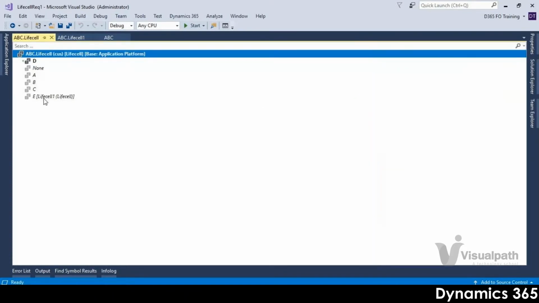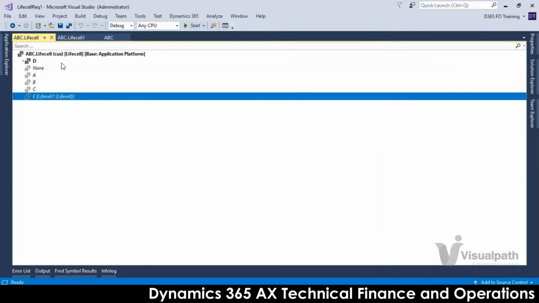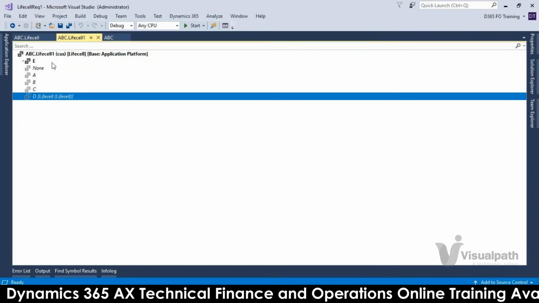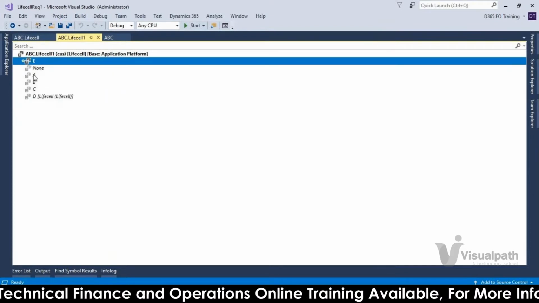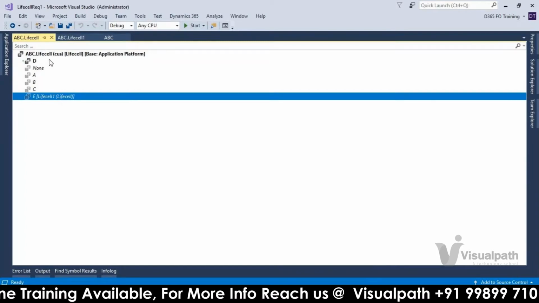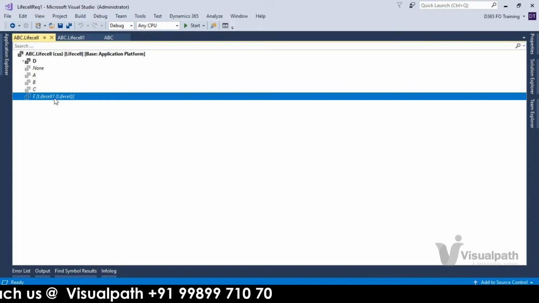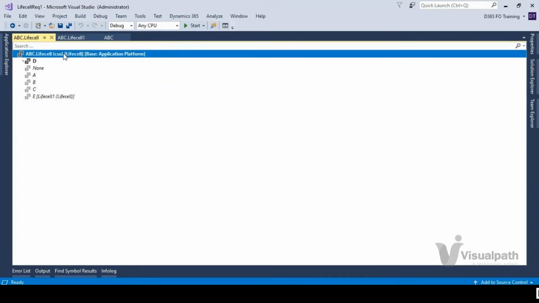So it is showing E under life cell 1. You have observed this one: D is showing life cell, and E is showing as normal. And if you go to life cell, it is showing the E, and E is added under the life cell 1. Okay, but once you compile it, it will take it as a single enumeration only.